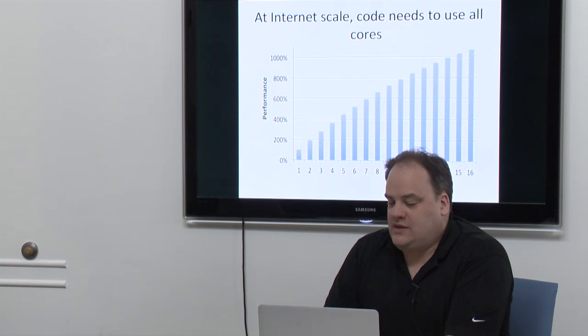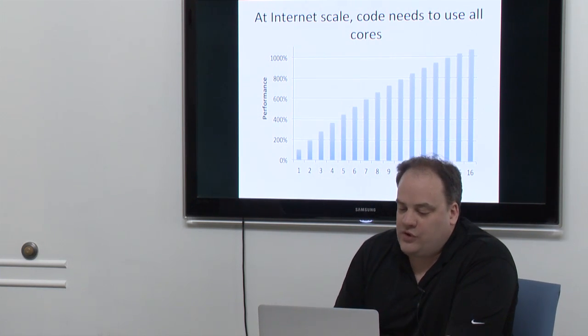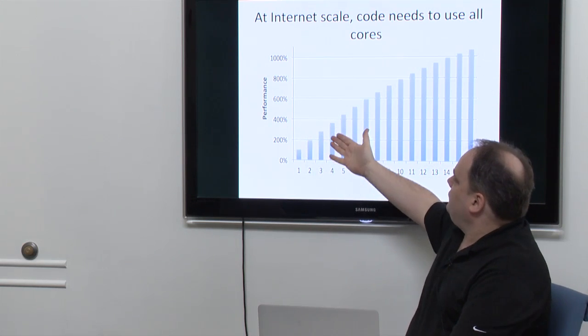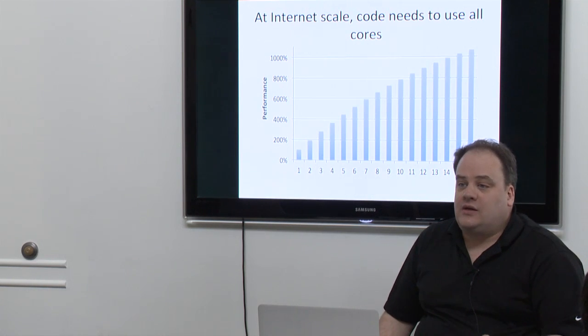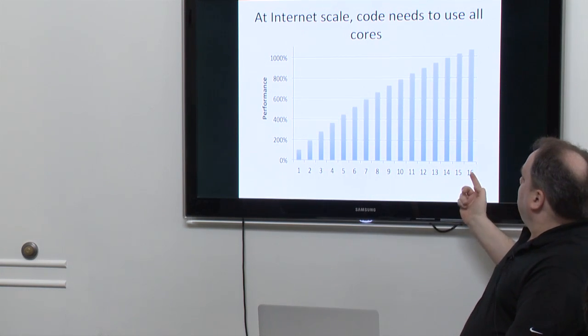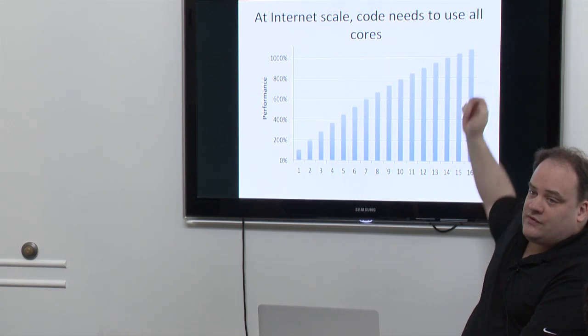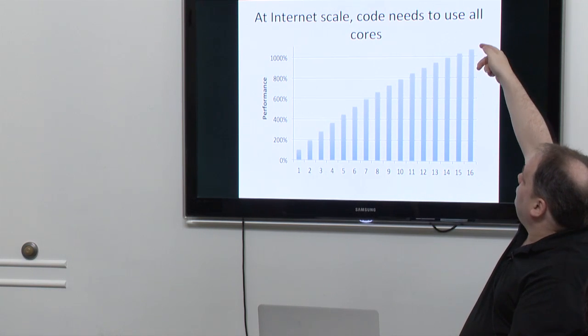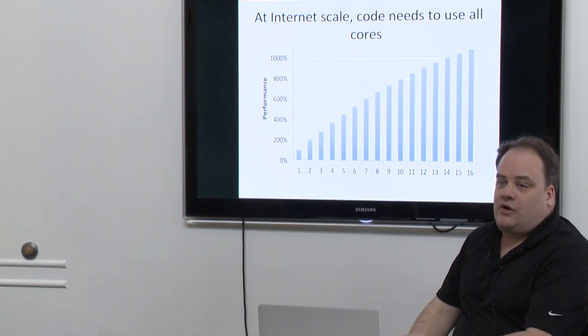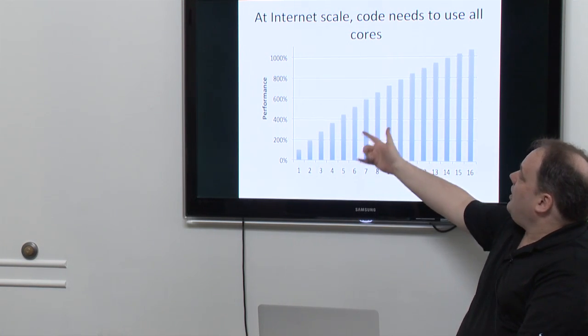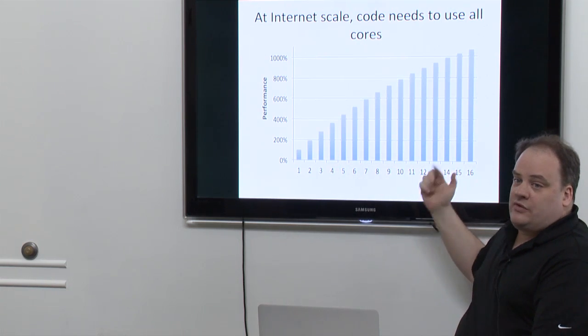And what we want is something different, something that looks like this graph, which is as we add more cores, it keeps getting faster and faster and faster. And even then, we might have imperfect scaling. So if you notice here, at 16 cores, I don't reach 16 times as fast. Adding cores only adds about 25% of what the value was back at the start. So there's still a scalability problem here. It's just scaling a lot better than the previous graph.